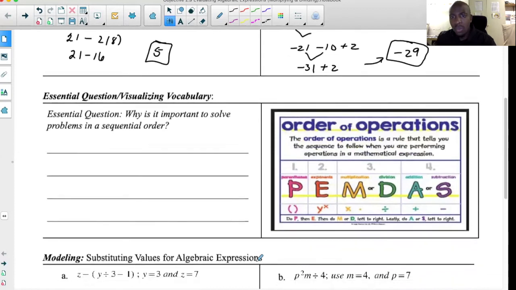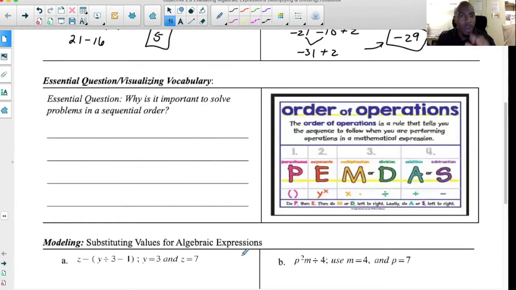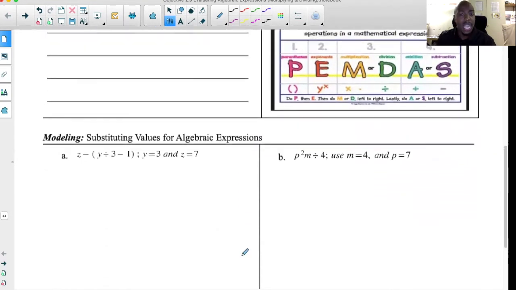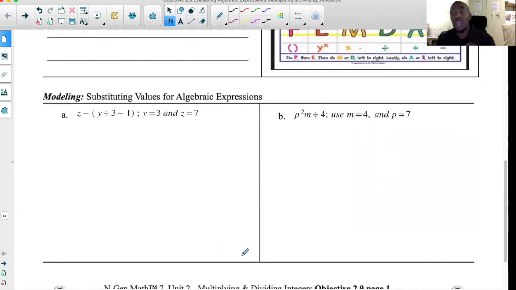All right, we've seen this same visual for a while. We understand that's the essential question, and it's very important to do it in order, because if you don't do it in order in this particular sequence, it will give you the wrong answer. Now, for today, what we're going to do is we're going to do something called